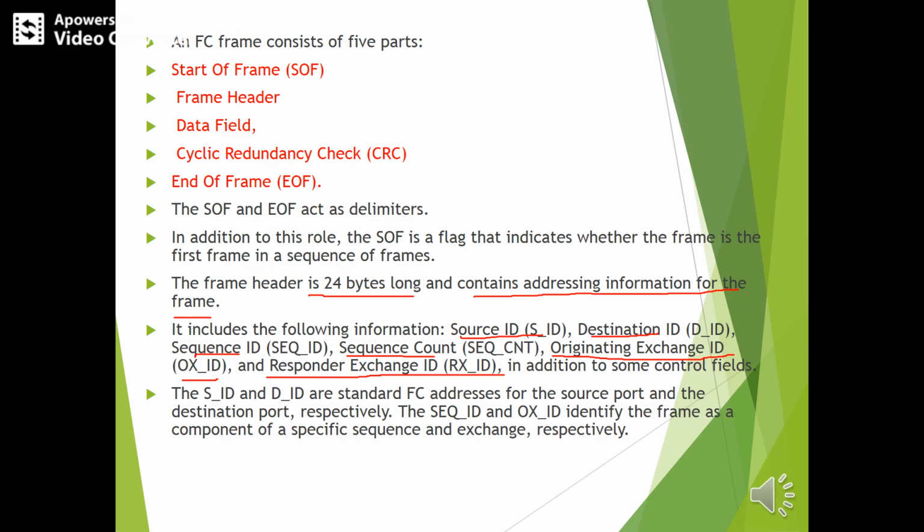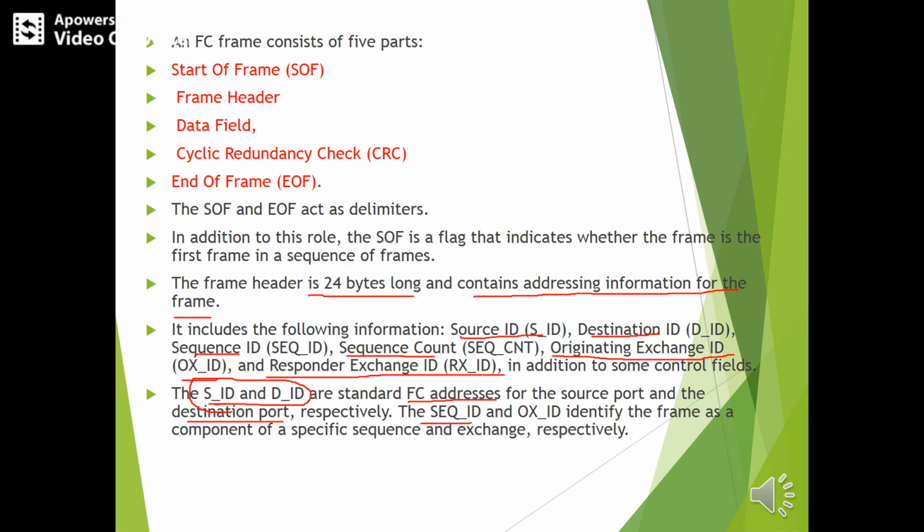So here the source ID and destination ID are the standard FC addresses for the source port and the destination port respectively. So the source ID and destination ID are nothing but the source port ID and destination port ID respectively.